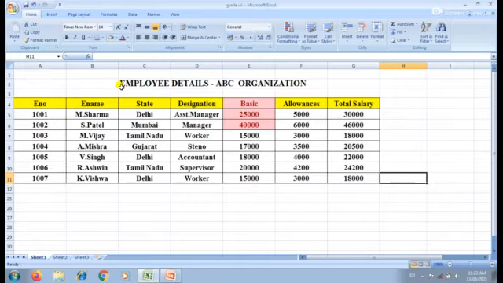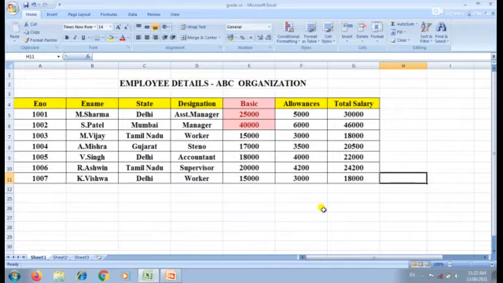Conditional formatting means it enables you to apply formatting to cells by specific conditions. What are all the concepts we have seen in this chapter? Sorting the data, filtering data, advanced filter, and conditional formatting.